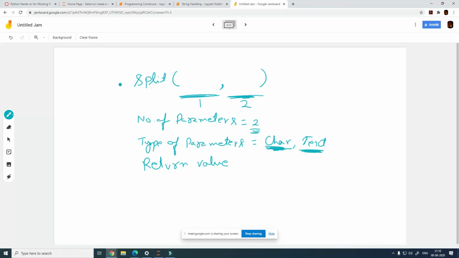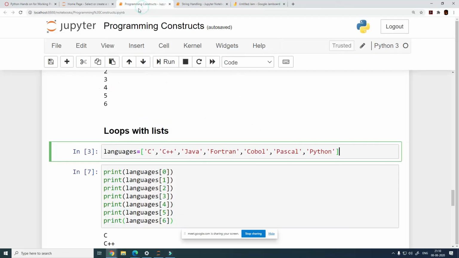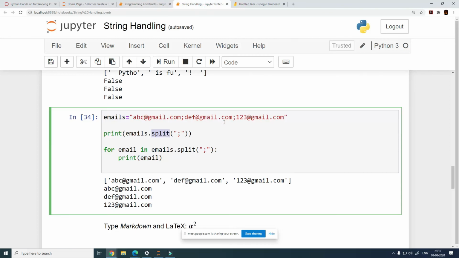But then when you call this function using text.split, you are passing 2 things, right? So okay, this is not the correct example. This is not the example of split, because split has only one parameter.